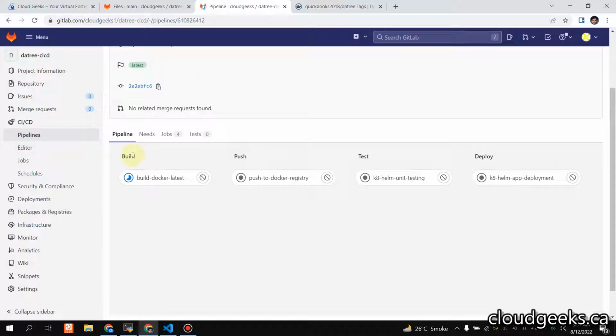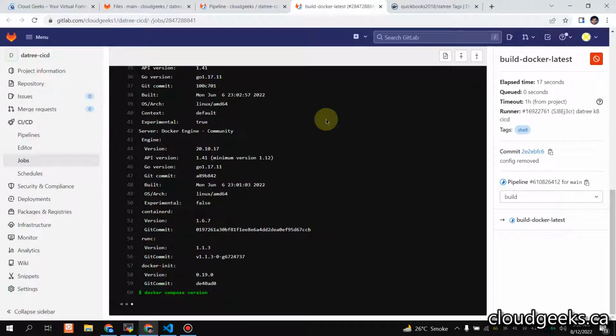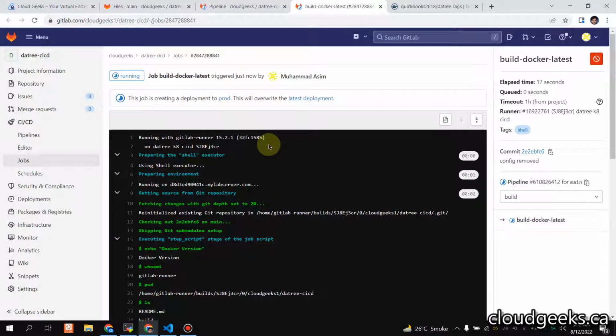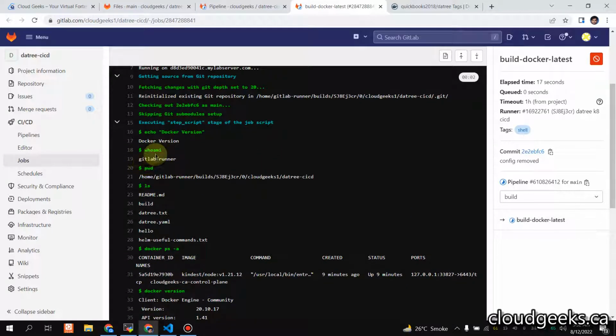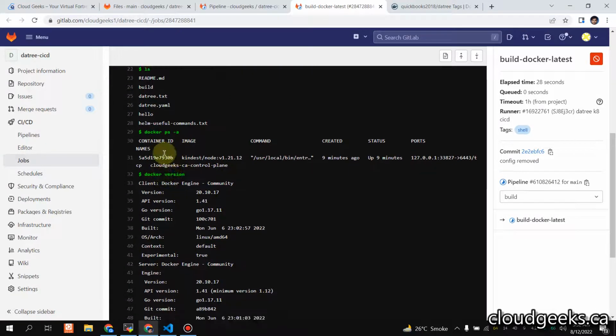So you see we have four stages: build stage, push, test, and deploy. If I click on this build stage, let me show that to you guys. You see all the commands we are going to use are available. Who am I: the GitLab Runner. pwd, the present working directory on that particular server, is this one, right? And here I'm going to do ls, docker version, sorry, docker ps -a is going to show us the